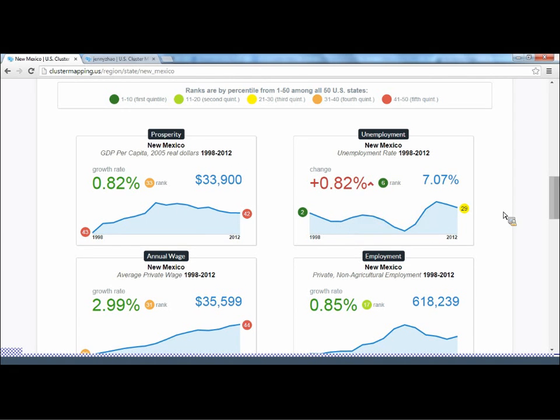So in this case, because we're looking at a state, for unemployment, it's ranked 6 out of 50. That's pretty good. That means New Mexico is doing pretty well. Unfortunately, you can see the percentage change is negative, but